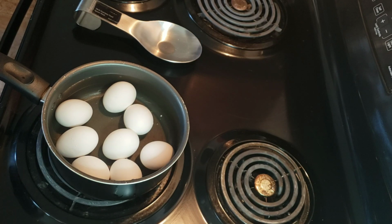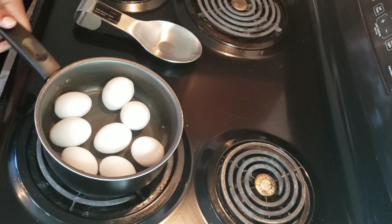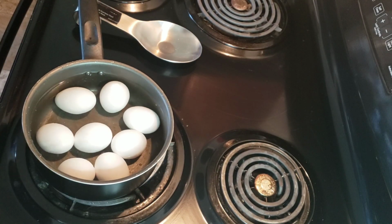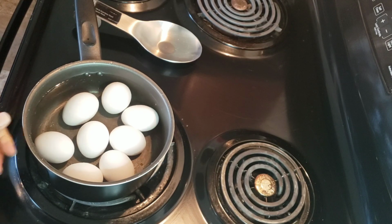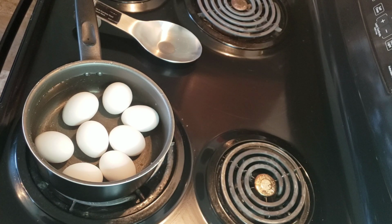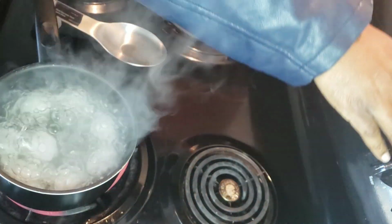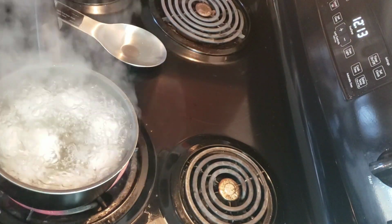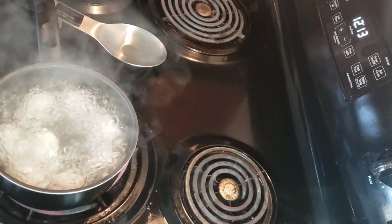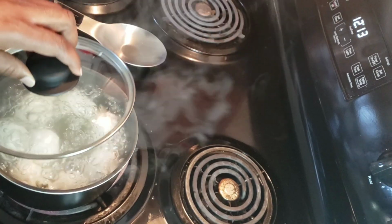Okay, so for my boiled eggs, I'm going to be doing the 17-minute method, which is basically cooking the eggs for 17 minutes in hot water. That way you have the perfect boiled eggs without the green rim around the egg. They're perfectly yellow. So what I'm going to do is turn the eye on to high and let that water come to a full rolling boil like this. And then once it comes to a boil, I'm going to turn the heat off. Turn it completely off and cover the eggs with a top and let them sit in that water for 17